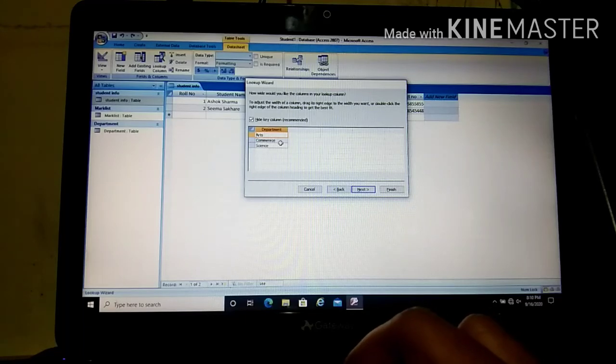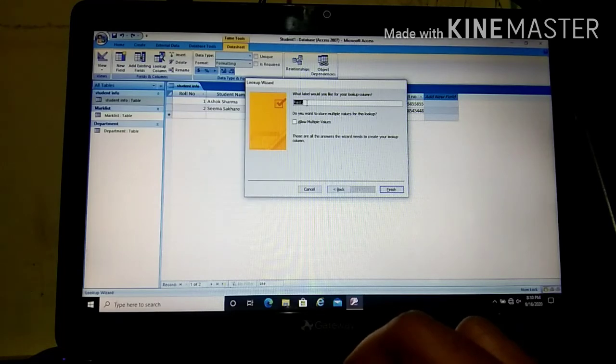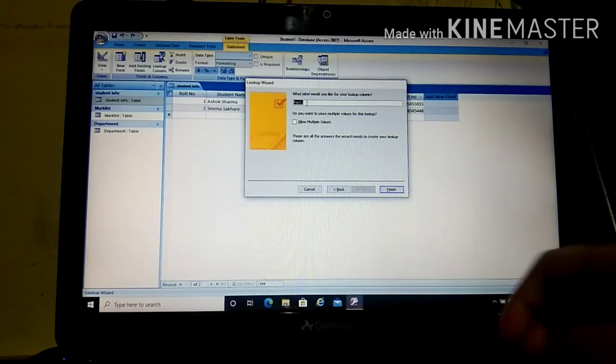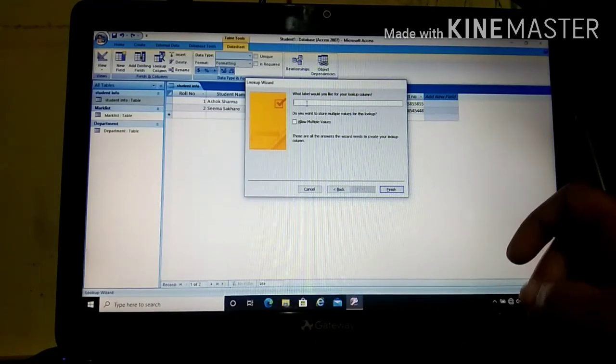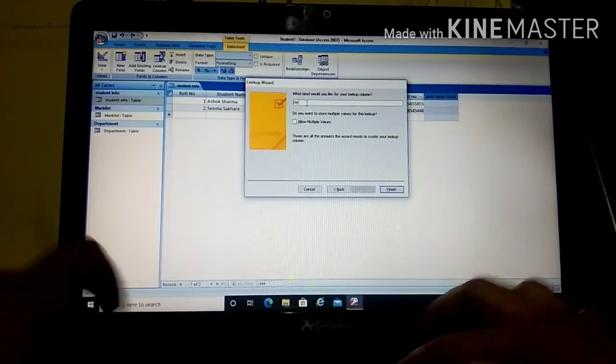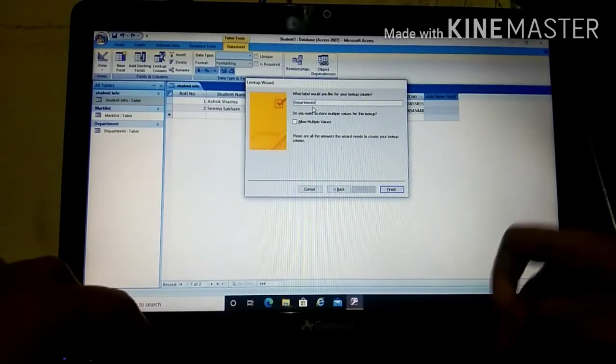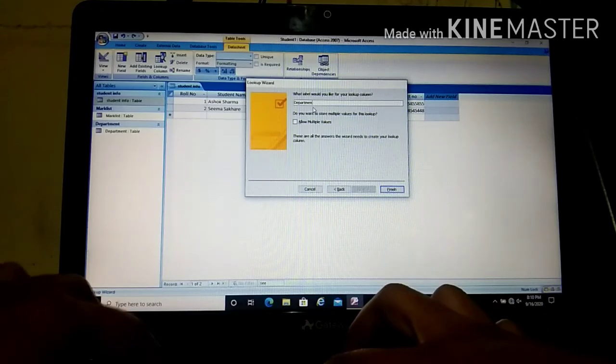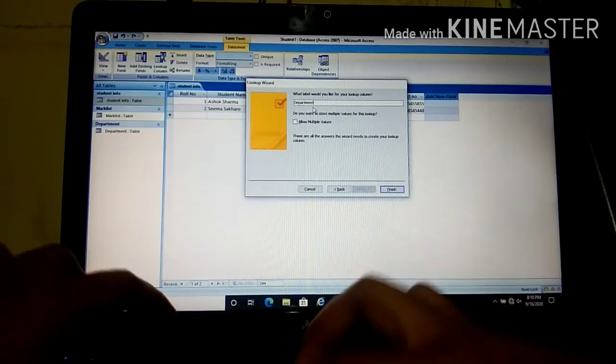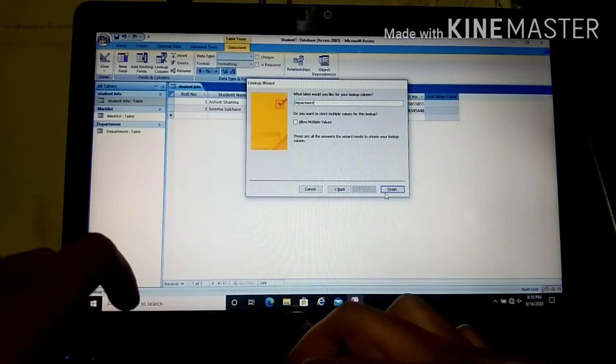You can see arts, commerce and science are there. Okay, then click on next. Here you can give the name for that particular field. As it is already concerned with the department, I will type department. Then finish.